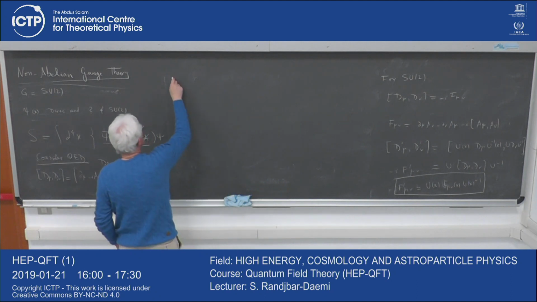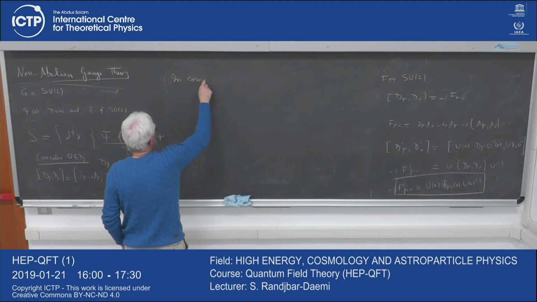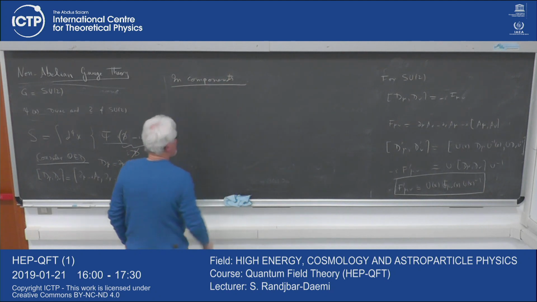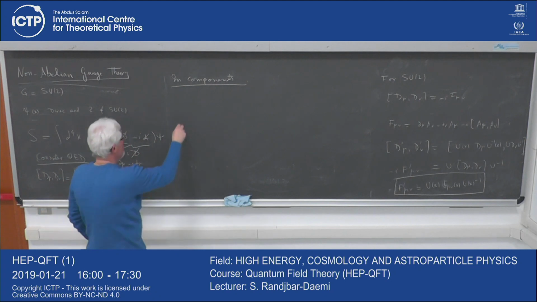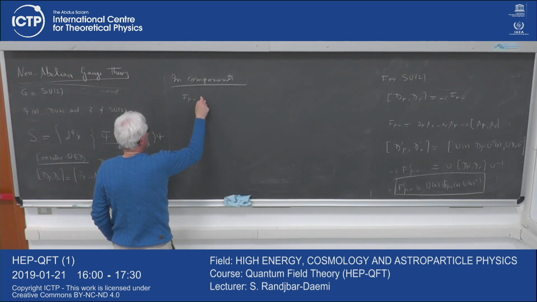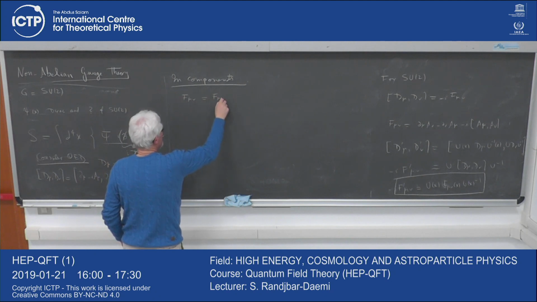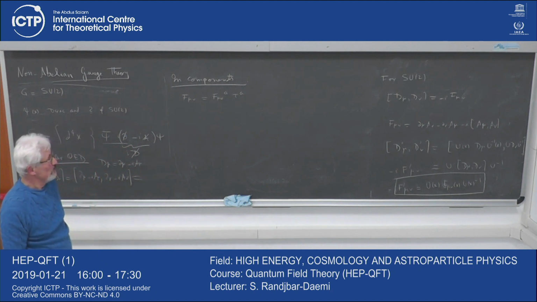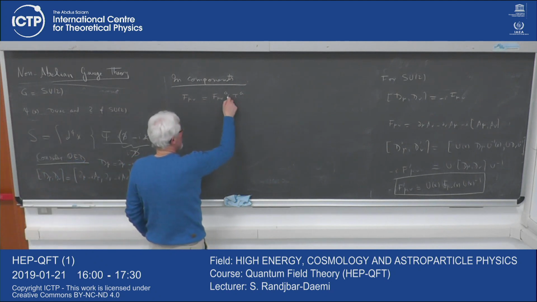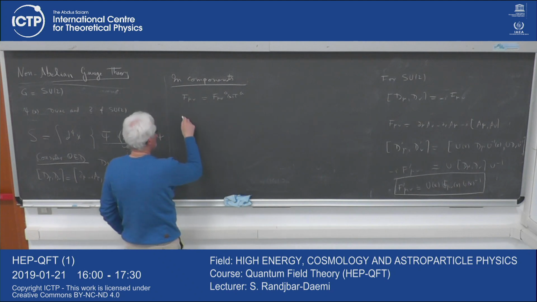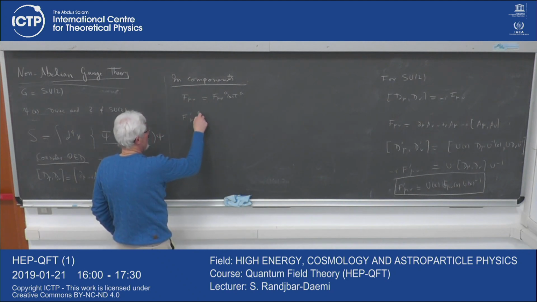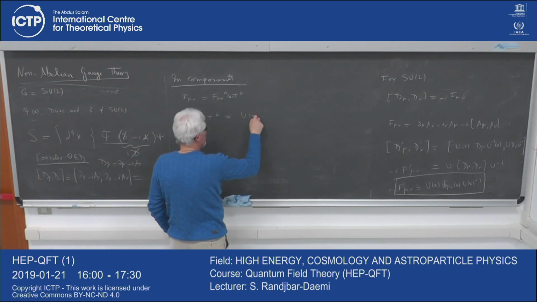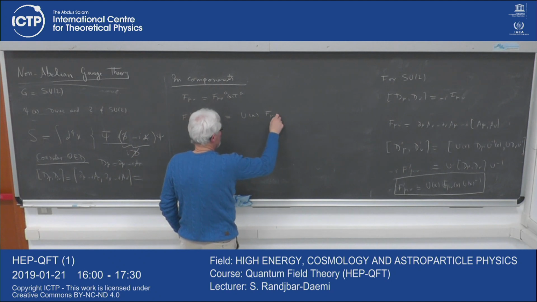So in components, first of all, let's write F_mu nu as F_mu nu^a tau^a. We will work out F_mu nu^a in terms of A in a minute. F' mu nu^a tau^a equals U(x) F_mu nu